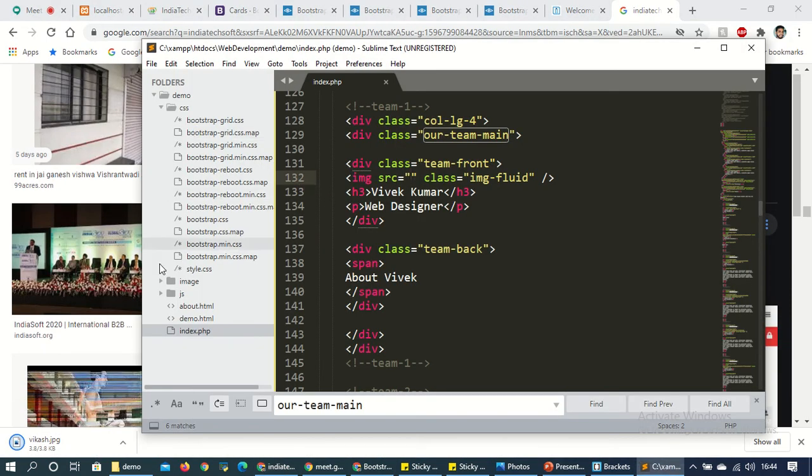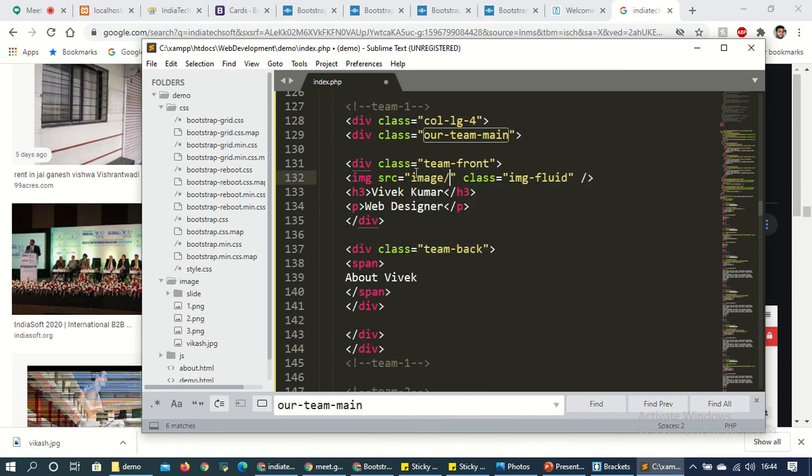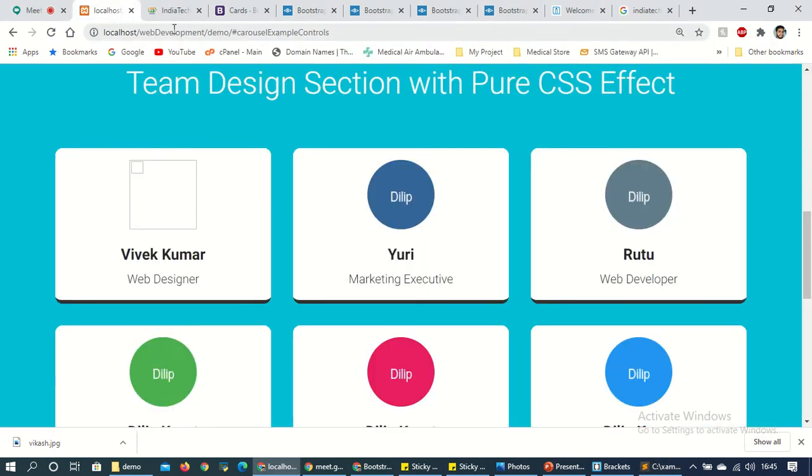Come here and in this image you're getting Vikas. So here, image slash directly Vikas dot jpg, so image slash vikas.jpg. Now let's check the name. Vikash Kumar.